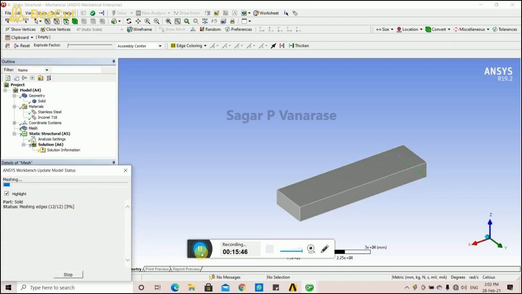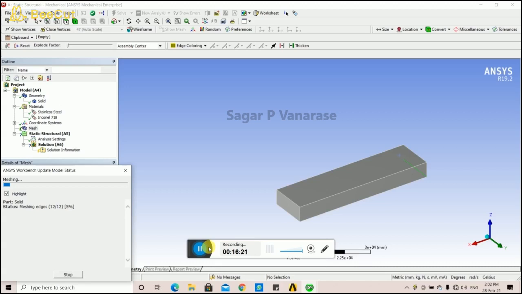Okay, so after setting the total parameters, now just simply click on update. Now here the ANSYS workbench update model status is going on. It will take a lot of time, so I am just skipping this time, and I will show the main content going forward. The meshing time totally depends on the RAM, and on the parameters you have set in the span angle center.